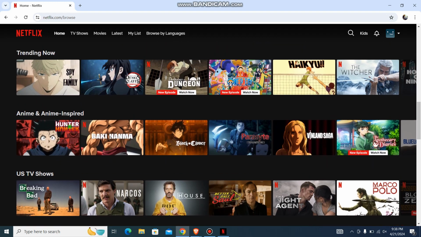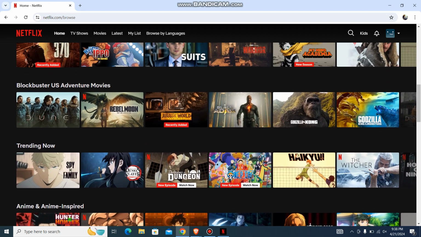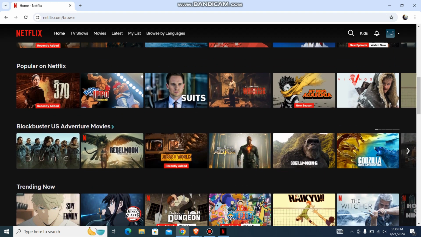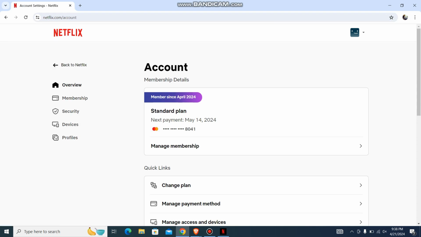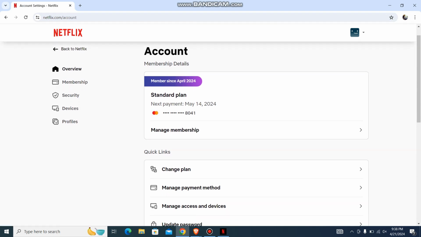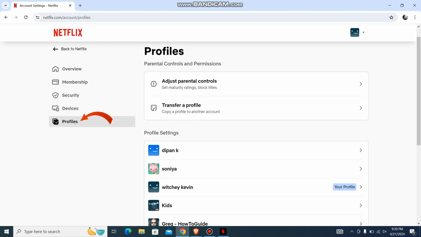And now from here, just go all the way to your top right corner where you'll find this profile option, and then go to accounts from here, and you'll be over here. So now, what you have to do is on your left hand side you'll be having the options which are like this. Just go with the profile option and then go to your account,